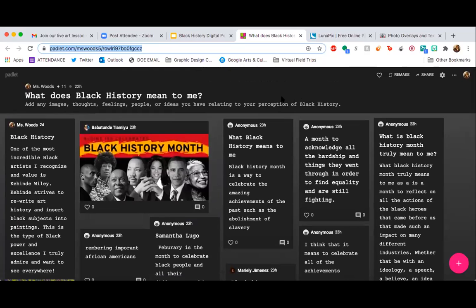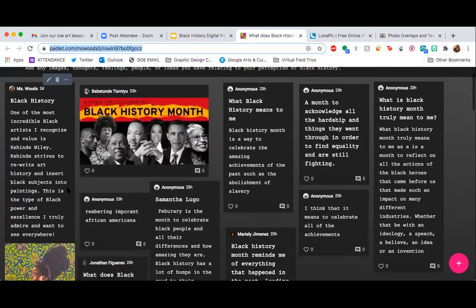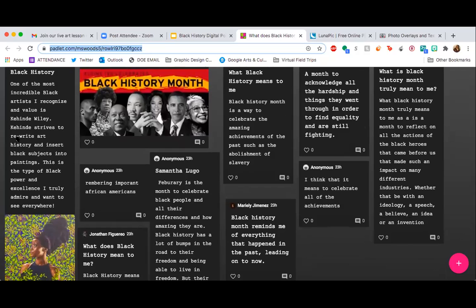Others have ideas of people who are living right now and contributing to society in things such as music, art, any type of activism, any type of achievements and contributions. So just to give you guys an example, one person that I truly admire is Kehinde Wiley, and it's on the left side of my screen here. I've told you guys a little bit about him before, and just to elaborate on that, we did a worksheet on him.